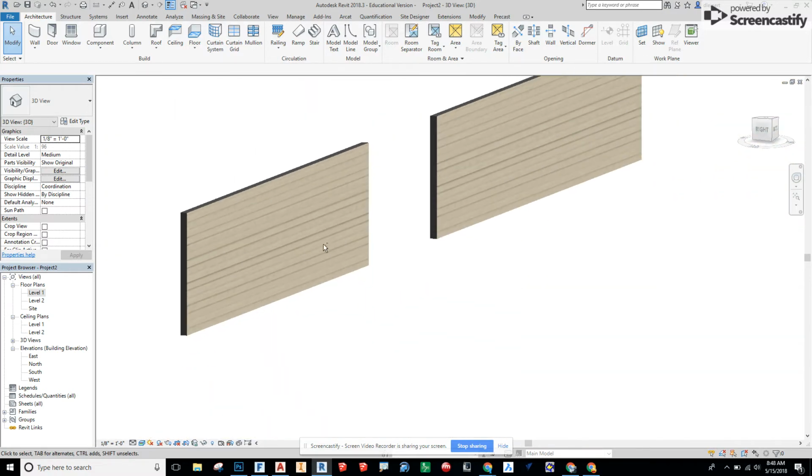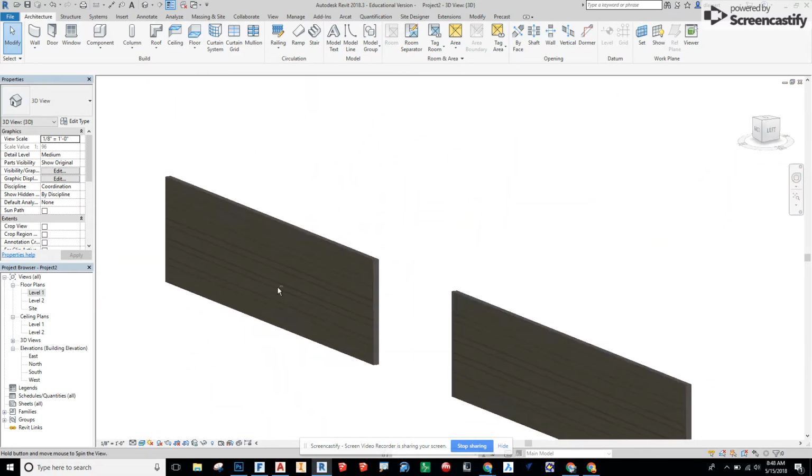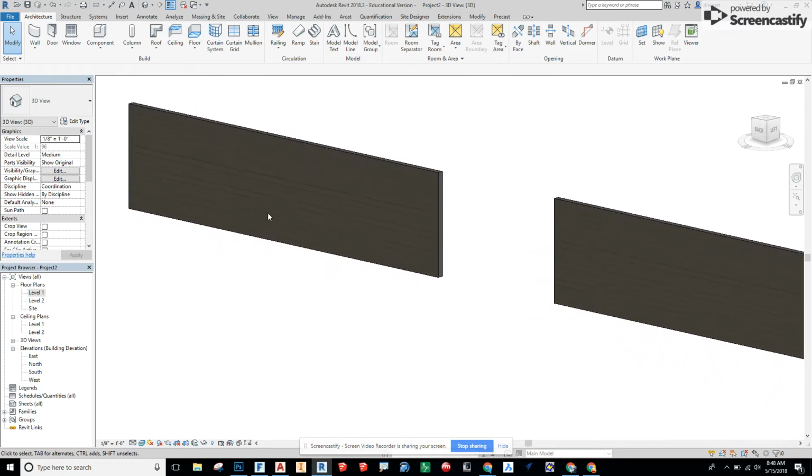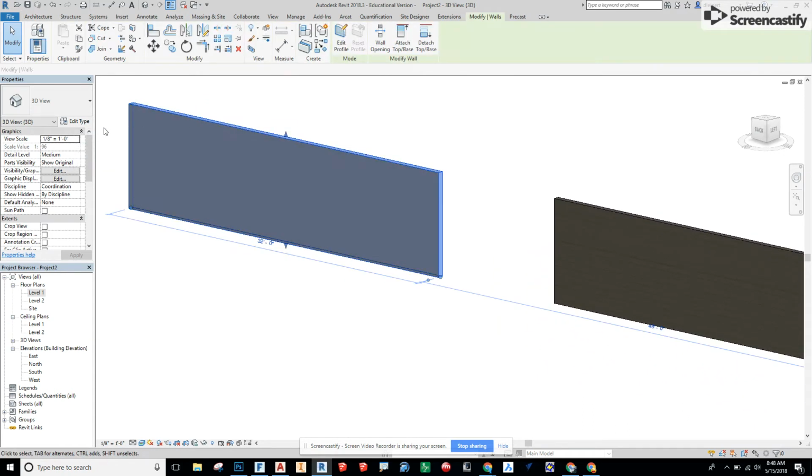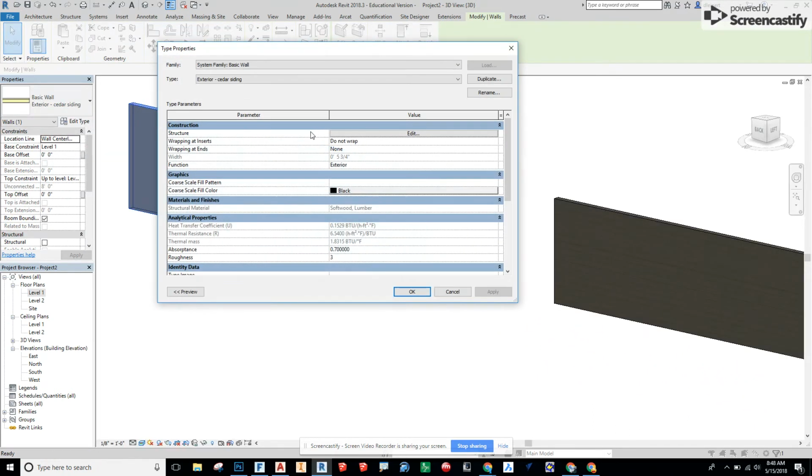clapboard siding. But let's say we wanted to do a vertical kind of custom siding. We can go into our wall, edit type, and we are going to duplicate this wall, and we're just going to call it exterior cedar vertical siding,